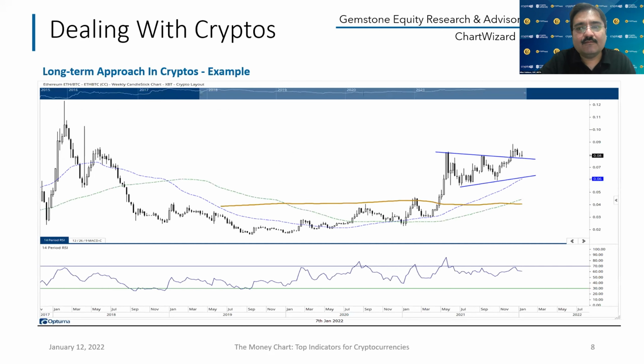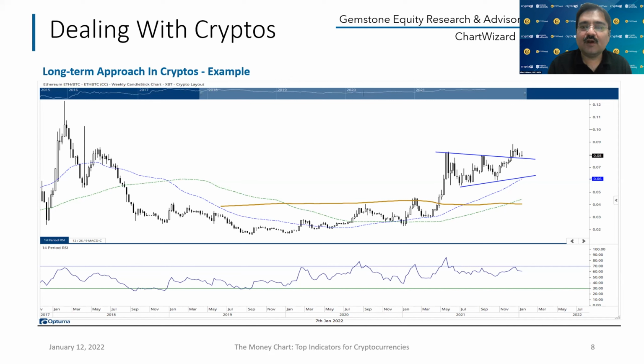For example, I'm interested in Ethereum. Why Ethereum? Let's use a common sense approach that most people would think in that way: bitcoin I cannot afford. It's very costly. If I want to own a full bitcoin, it's a hell of a lot of money. So let me look at Ethereum. Now, why Ethereum? Because when compared to bitcoin, it's the second largest crypto in terms of market capitalization.